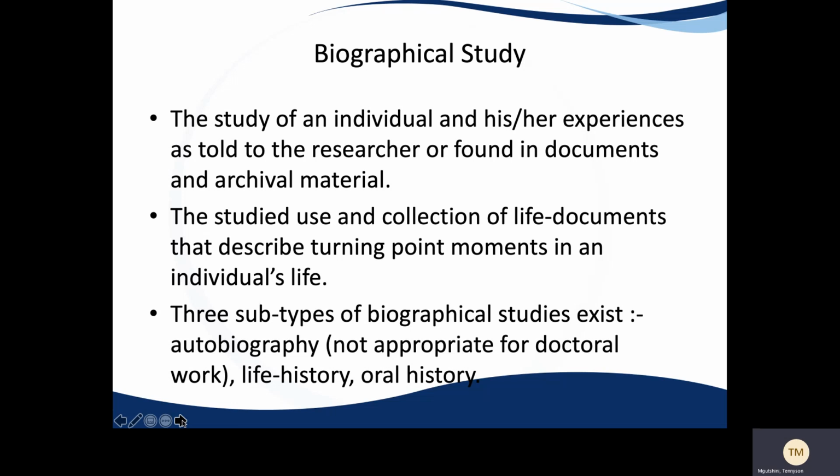So basically, biographical studies are the types of studies where you are studying a human being, an individual. So if you were to carry out an entire study on Nelson Mandela, for example, and the entirety of your master's or doctorate was on understanding Nelson Mandela in one shape or form, that would be a biographical study. But there's also a different subtype in biographical study, and that subtype is this whole